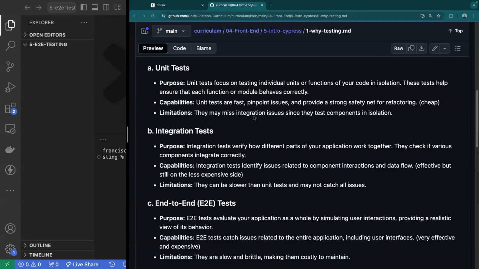Whereas a unit test is more: read this script, check that it does what it's supposed to do, and if it does, give me a green light. An integration test is, hey, actually run this, make sure that there's a request being sent and that we can handle